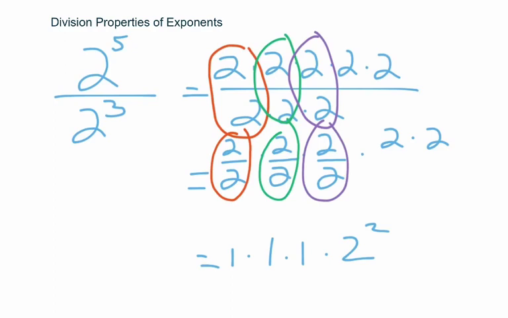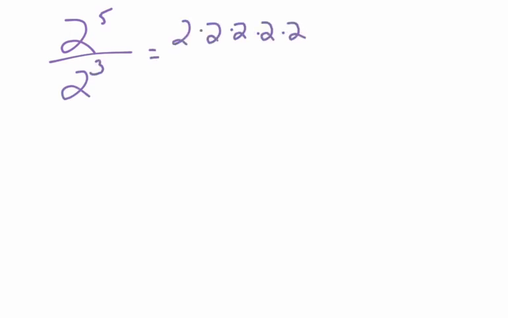And of course, multiplying by 1 doesn't change it. And so when everything is said and done, 2 to the 5th over 2 to the 3rd is equal to 2 squared. Now, what we would hope you'd start to notice is that you could get that 2 by simply subtracting the exponents. So 5 minus 3 would give you the 2. Now, normally I wouldn't write it out in quite so much detail. So I might do something like this, and engage the definition,